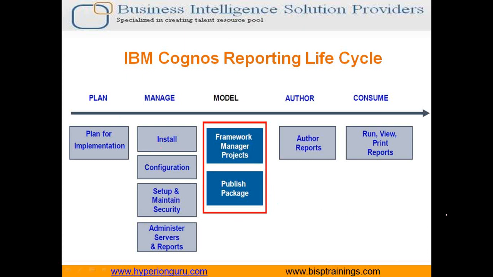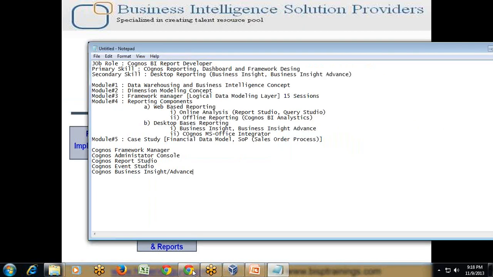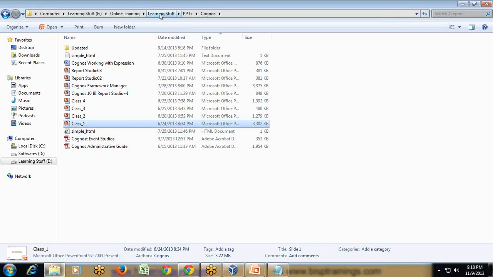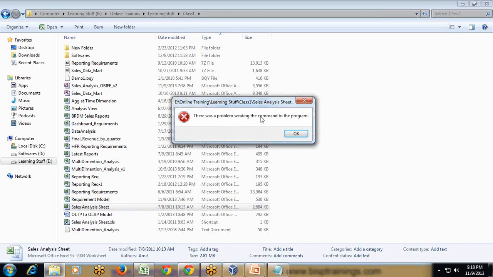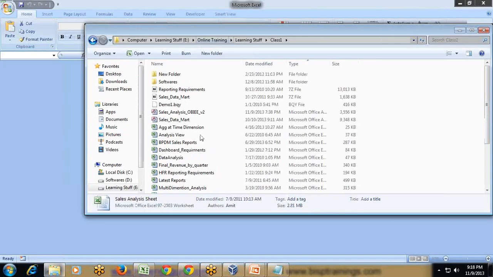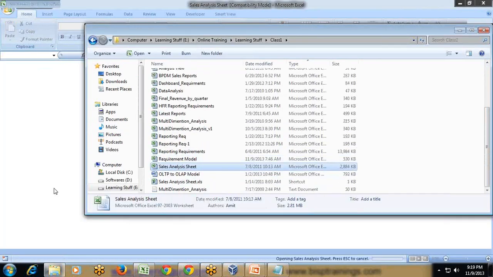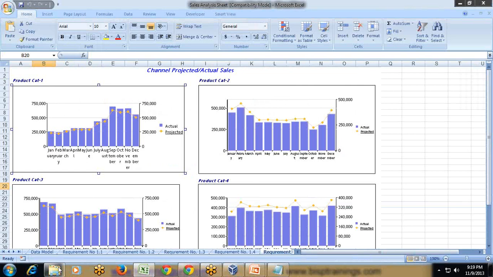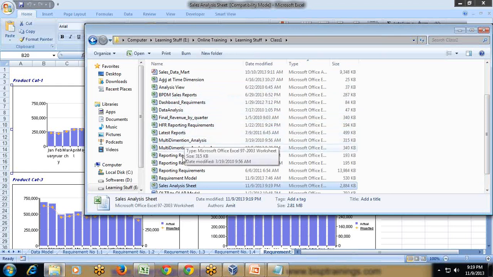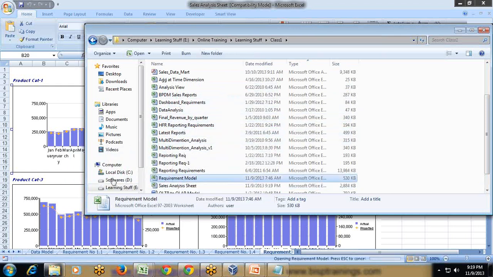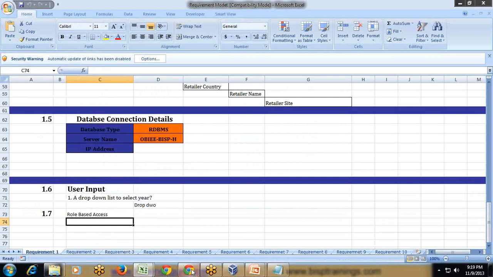Some common components of plan for implementation we can identify. I think I've already shown you previously as well. I'll quickly give you a brief about this. Let's take a case of a sales analysis model. So in the sales analysis model, the first step it says is plan